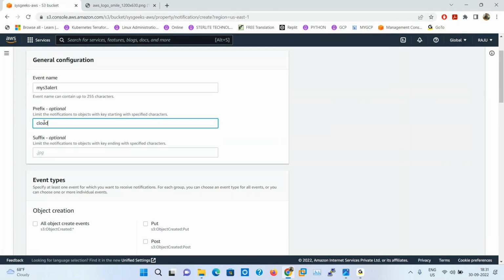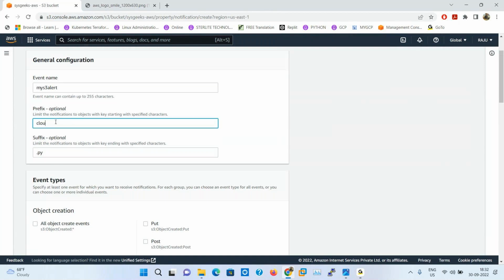I specified the word cloud. So only strings starting with cloud are alerted to SNS. That is called the prefix. Suffix means only .py, any .python program file, is notified to alerts. So that is called prefix and suffix. Suffix means ending, prefix means beginning.